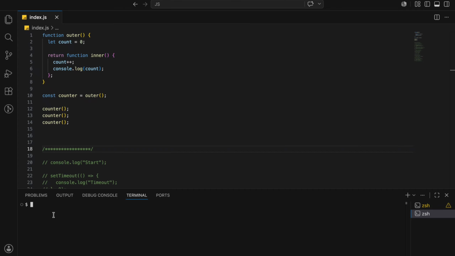Nowadays, for front-end developer roles, interviews are mainly focusing on JavaScript knowledge. So in this video, we will be discussing some concepts and questions which are being asked in recent interviews. First one is related to closures, function outer, which returns inner, where we are incrementing the count and console